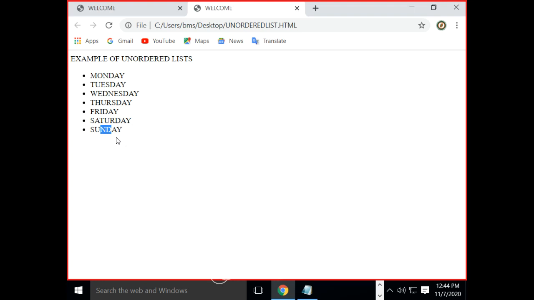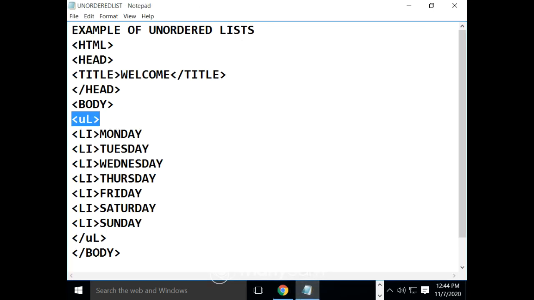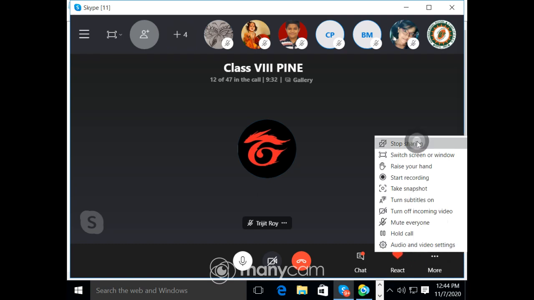Or if you want to add bullets of your choice, suppose I am changing the color. Again I am sharing the notepad screen with you. Kindly check it.